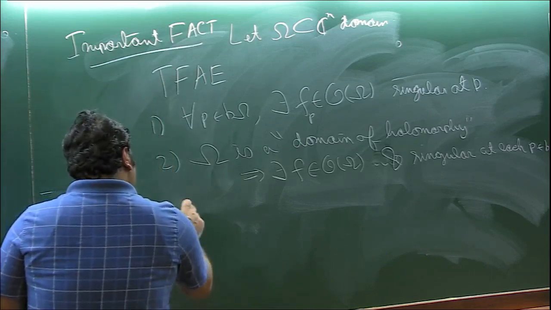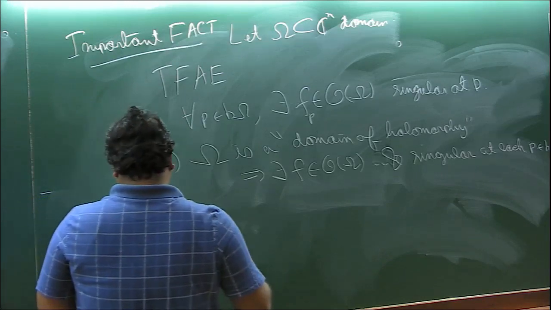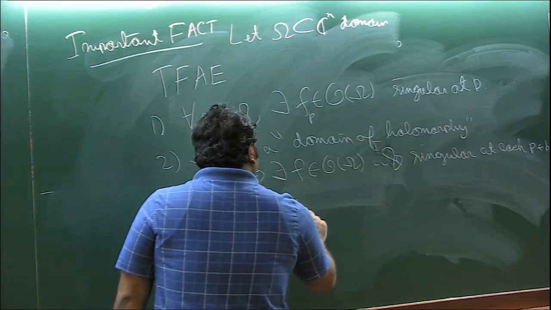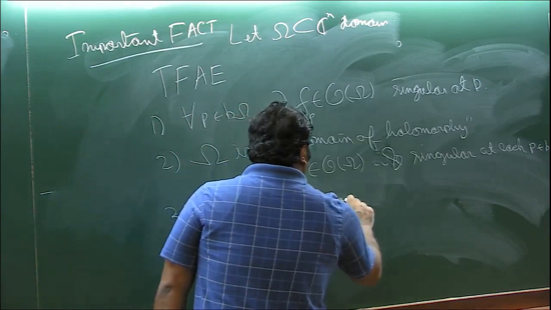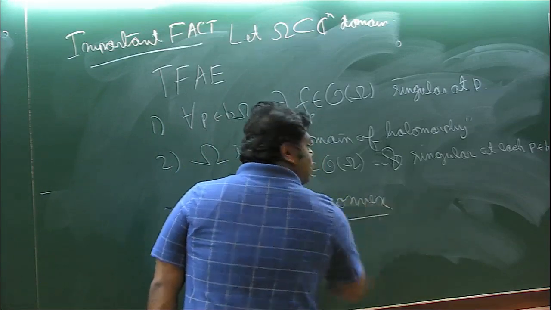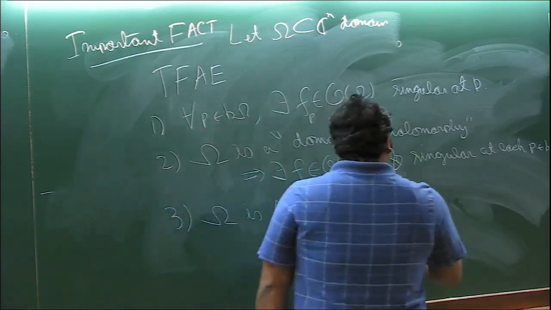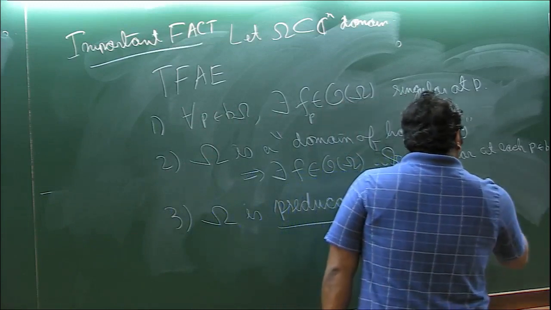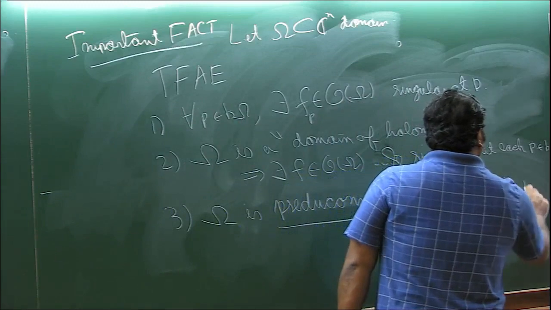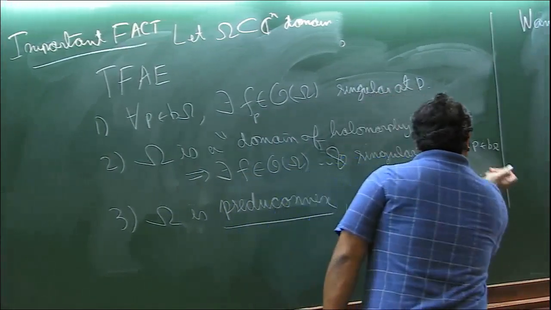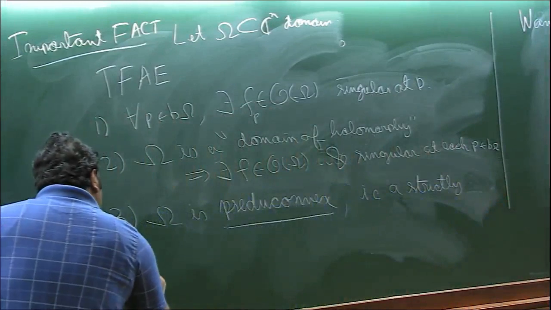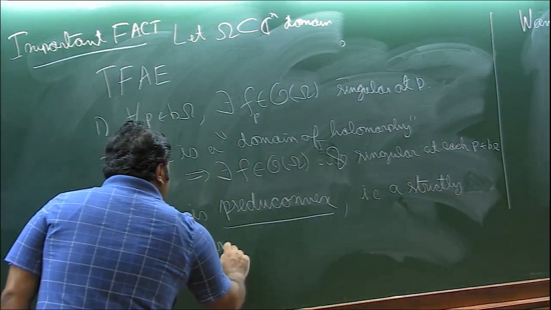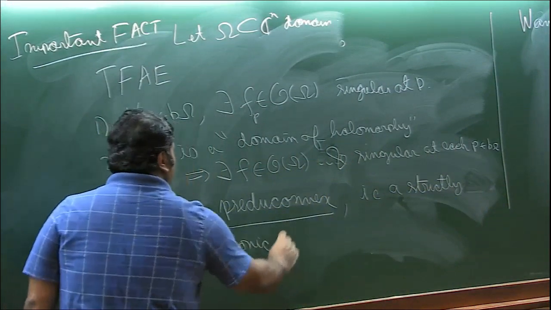And number 3 is perhaps the most important equivalent condition. Omega is pseudo-convex. I didn't invent this really ugly term, but we have to just live with this. So omega is pseudo-convex, which means that there exists a strictly PSH, I didn't invent this one also, plurisubharmonic function